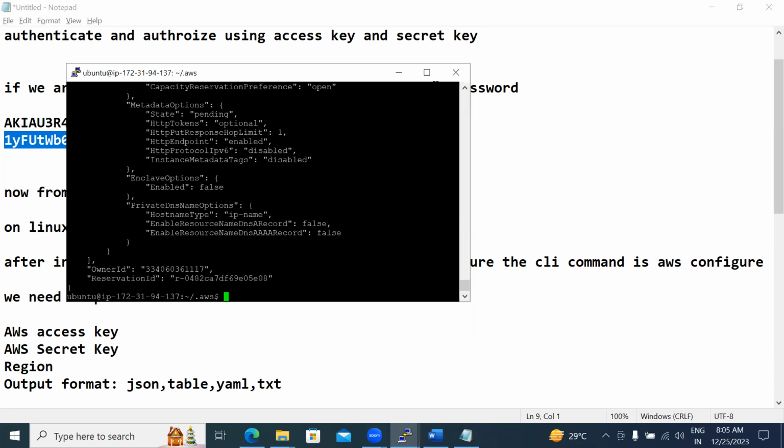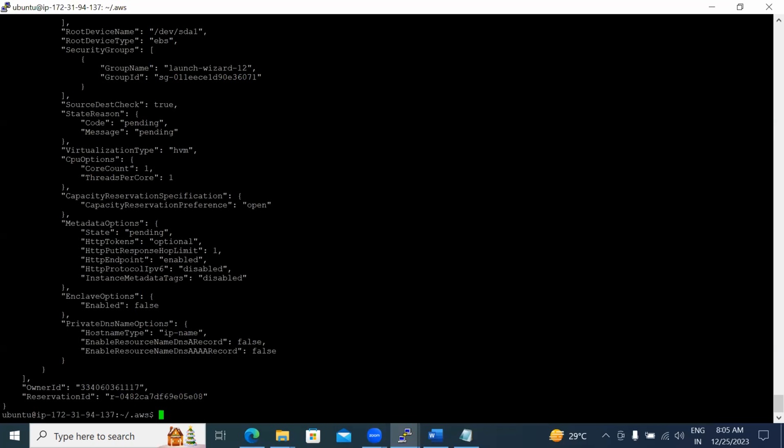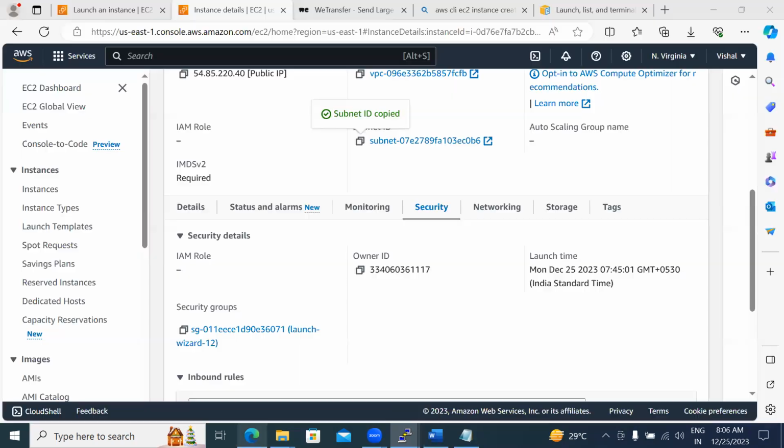So now in which format has this output been shown? In the table format. If you choose table format, it shows a table. If you choose the JSON format, it is going to show in the JSON format. So anyway, it shows whichever one you want. Okay, so now if you go to the GUI,